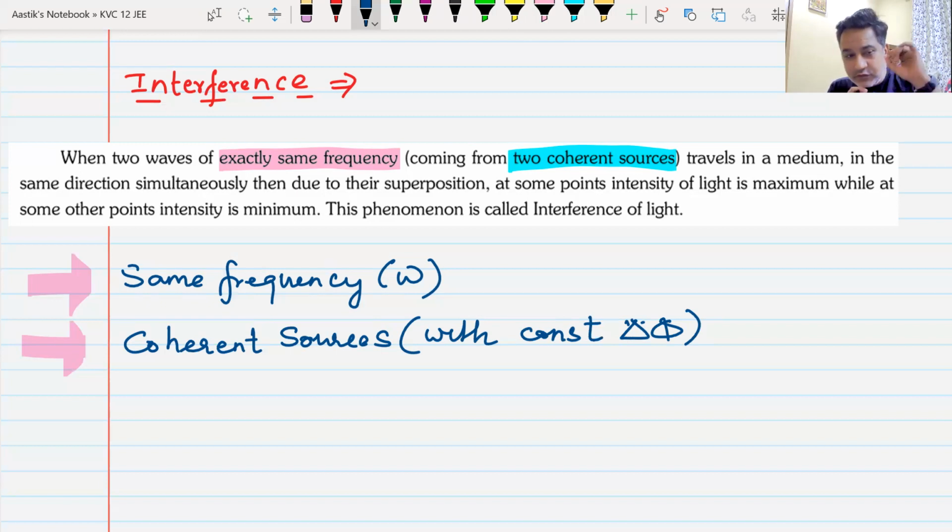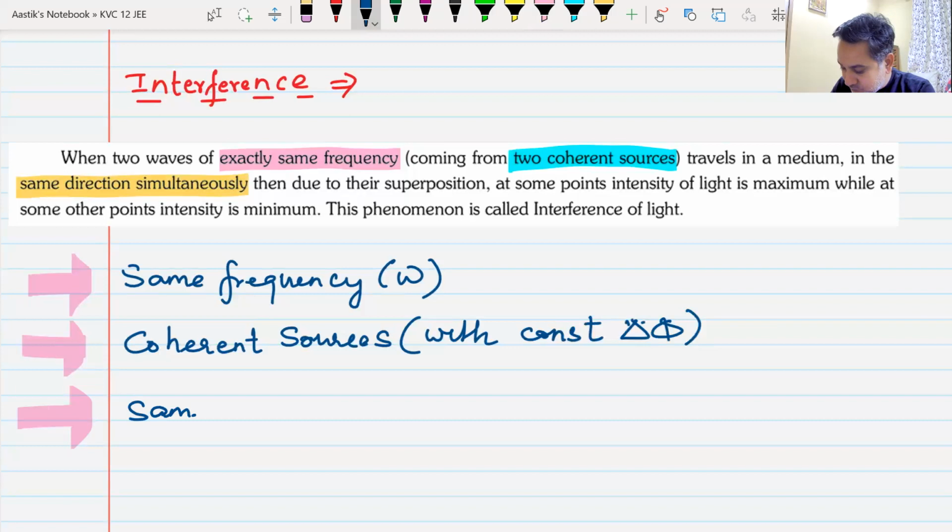The third point is they must travel in a medium in the same direction. So when two waves of exactly the same frequency, coming from coherent sources with constant phase difference, travel in the same direction,